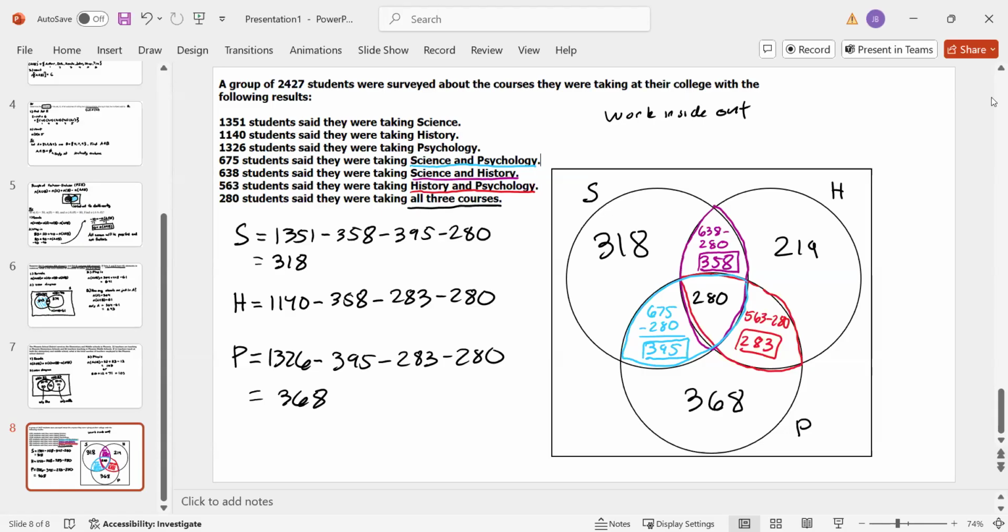Now, if I sum up all of these regions, let me find it real quick. It's in the problem statement. They tell you that it's 2427 right here. And then if you want to find out how many students took none of the classes, sorry, so we already know how many all, so none would be equal to 2427